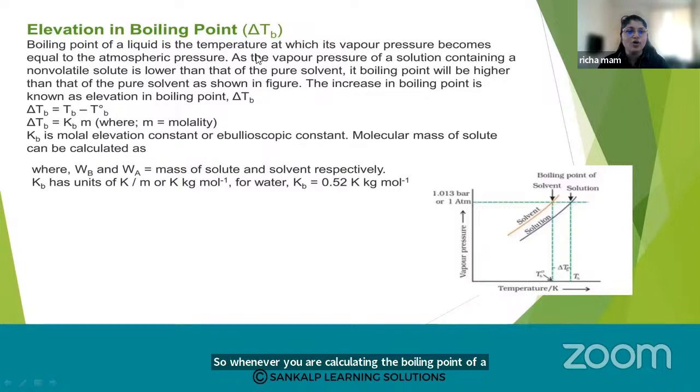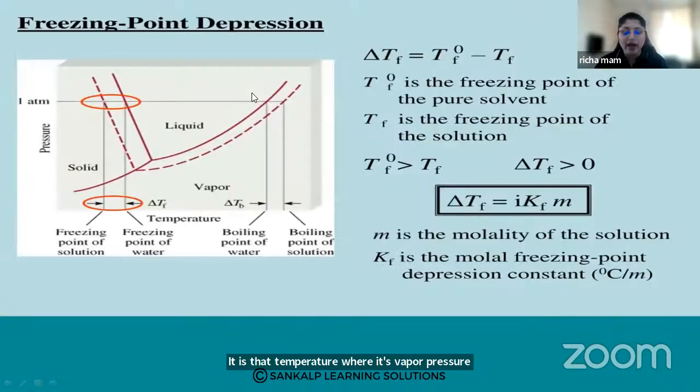The temperature of its vapor pressure will be equal to the atmospheric pressure. So boiling point is nothing but a temperature. It is that temperature where its vapor pressure will be equal to the atmospheric pressure. So